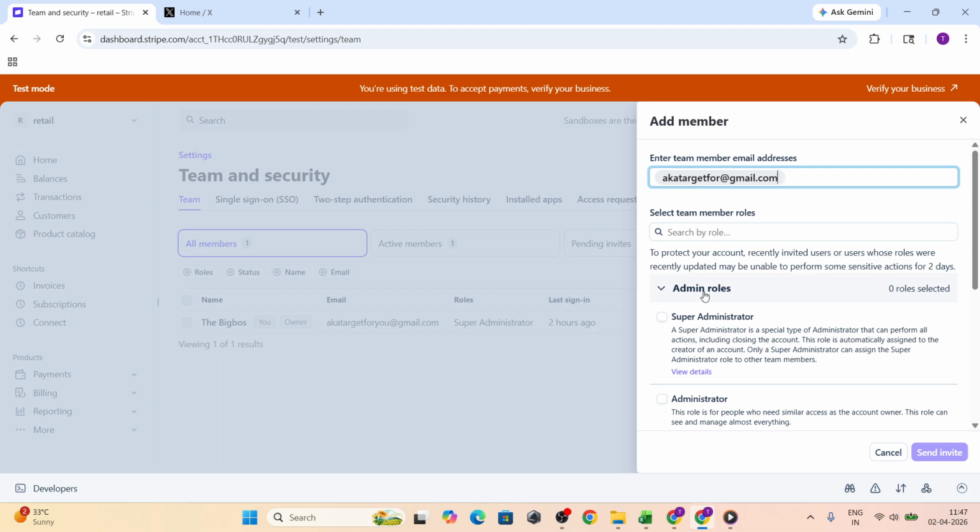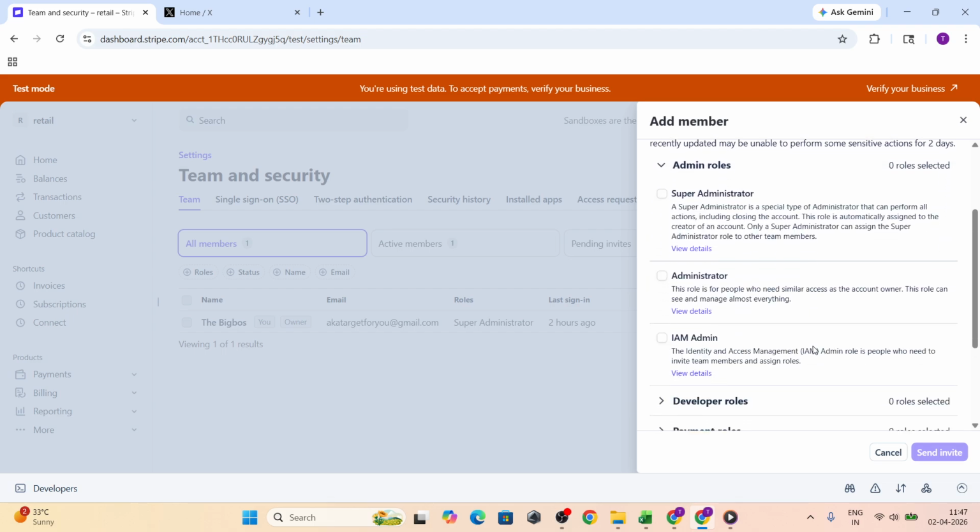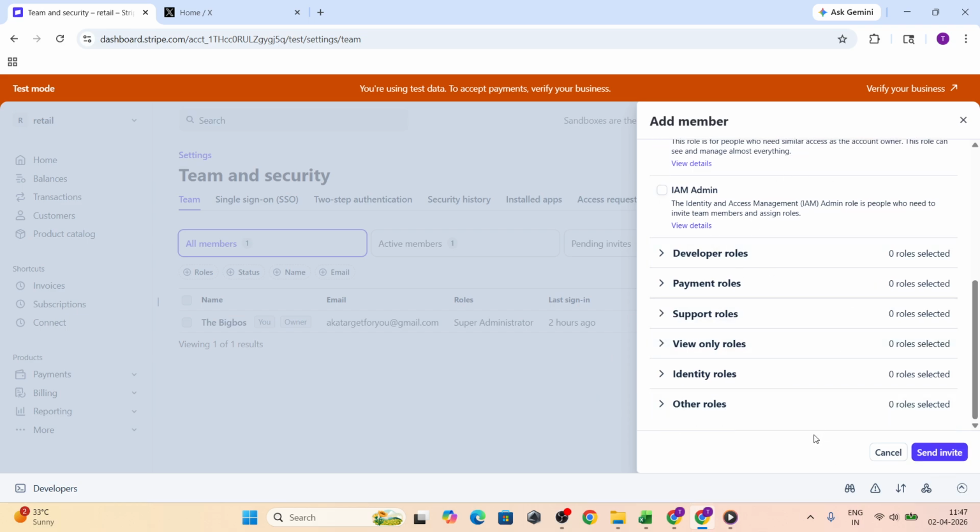When everything looks good, click Invite or Send Invites. Stripe will send an email to that address. If the person already has a Stripe login associated with that email, they can accept and get access right away. If not, they'll be prompted to create their own login before joining your account. In either case, they'll end up with their own credentials, which is safer than sharing passwords and lets you track